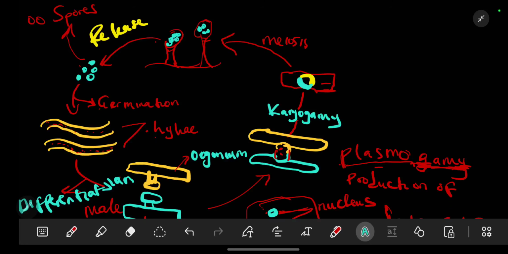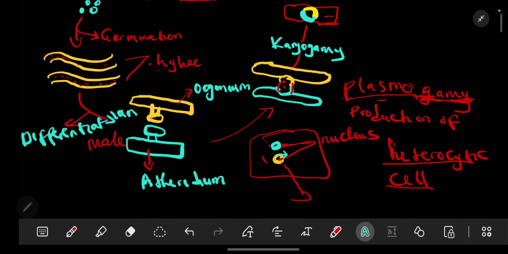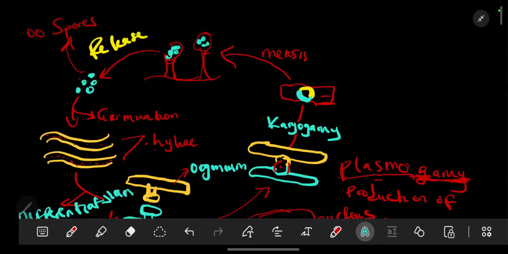Karyogamy is the fusion of the nucleus. So as you can see, the nucleus here were separated, but here the nucleus will be able to fuse together. When they fuse together, they will now be able to undergo the process of meiosis, which leads to the creation of different spores,